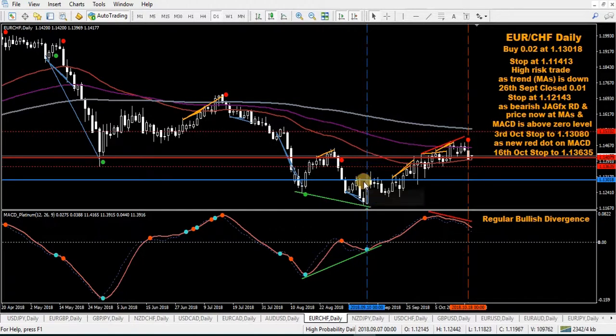I'm in a buy back here, all the way back here. That stop was moved up to this level here, and this morning I decided to close that buy, so no longer in it. So removed myself from that buy,